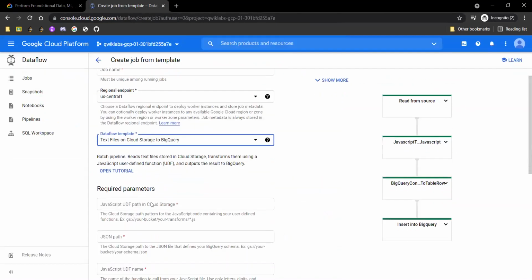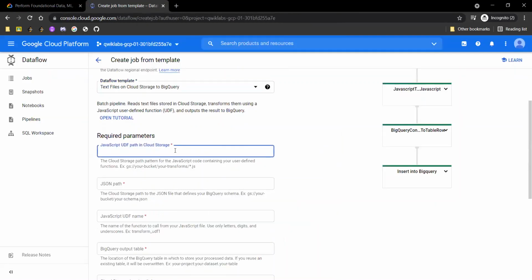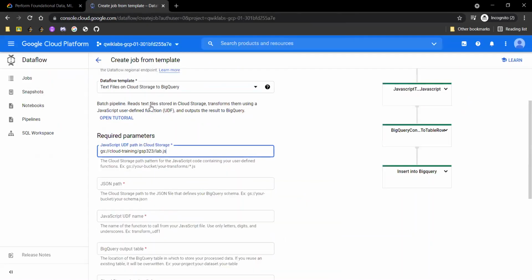These are the specifications given up here to us by the cloud itself. So we just need to copy and paste all the fields.